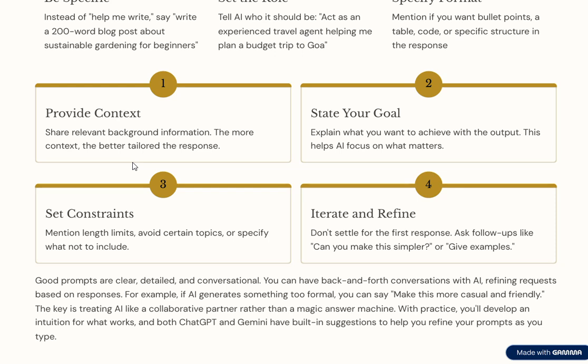Another and the most important point is to iterate and refine. Don't settle for the first response. Try to tell it to introspect. Try to say, "please refine the statements," "give examples," or "please give me simpler information." Ladies and gentlemen, I want to tell you all that good prompts are always clear,